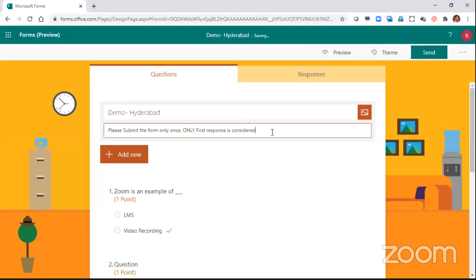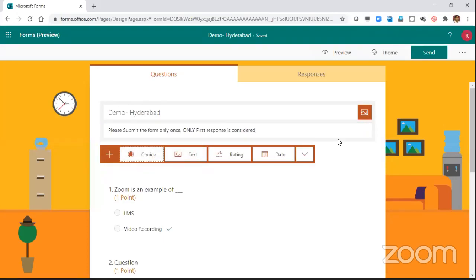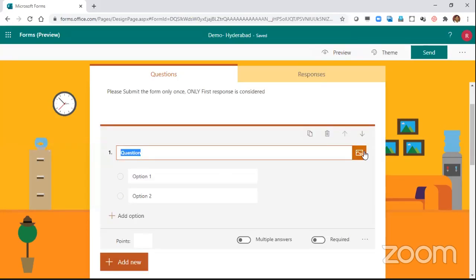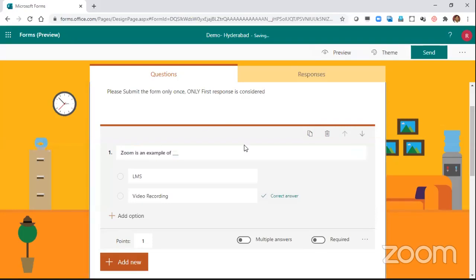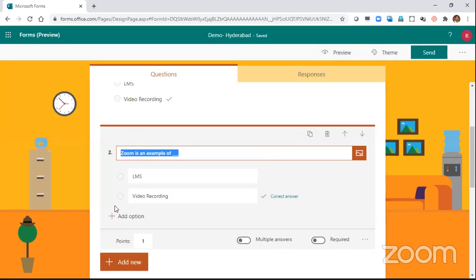You can put, this is not a good solution, I know that, but nothing else we could do. And the only thing is, please also let me just close that. So add questions. Always make the first question either the name of the candidate, or the ID of the candidate, or the email of the candidate, right? So the first question should always be email or name, anything that you want.